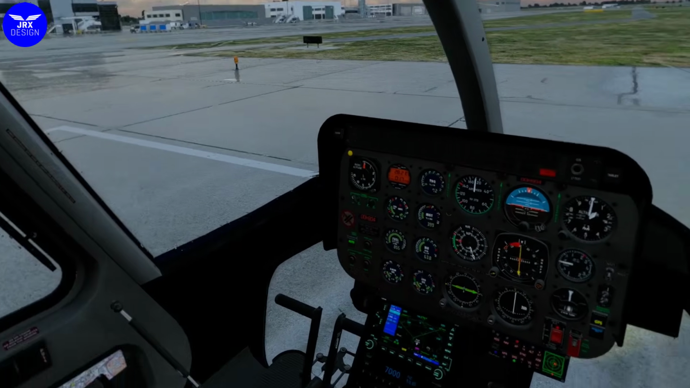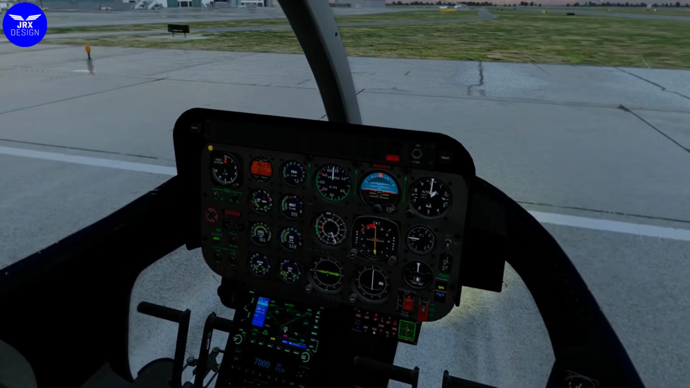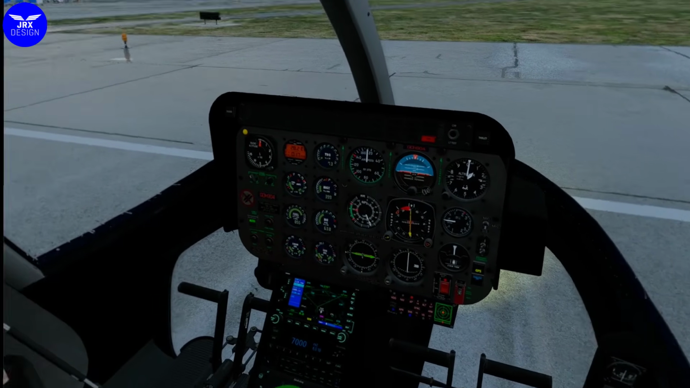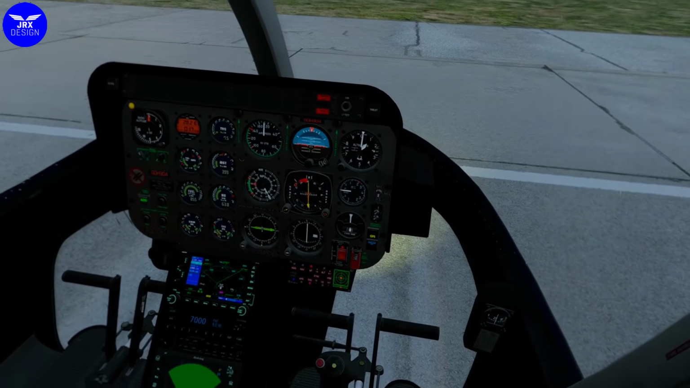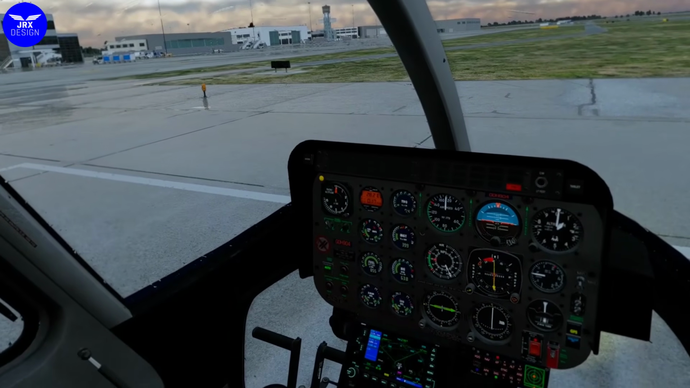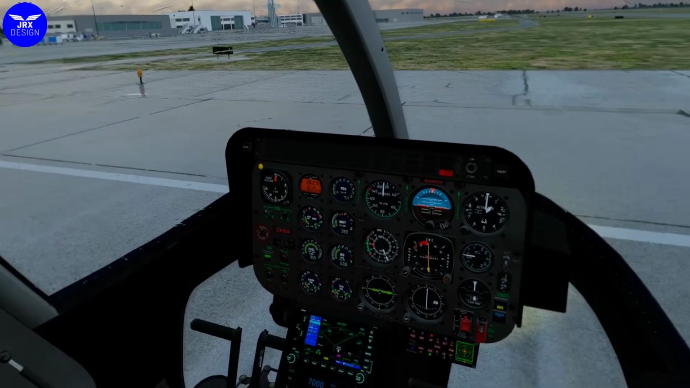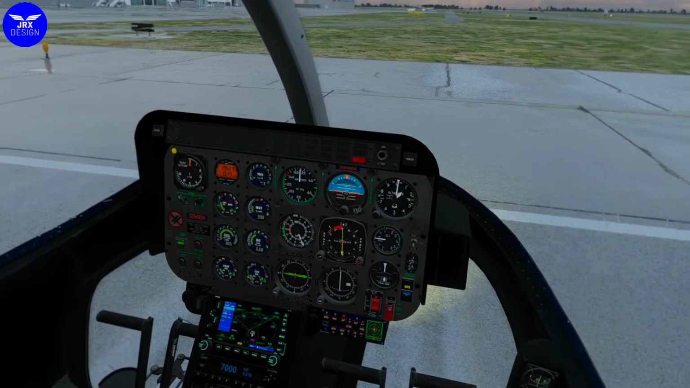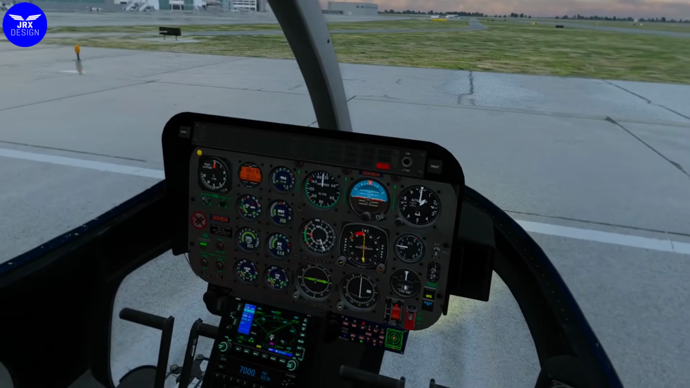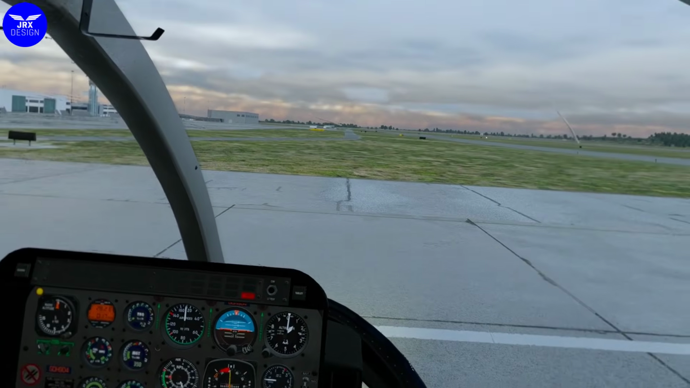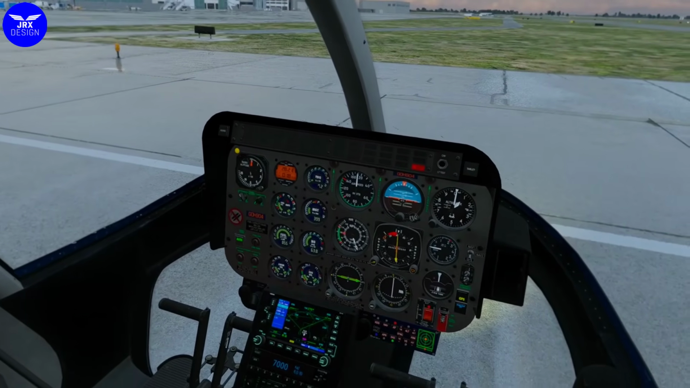If I toggle the VR gamma now, that was not the VR gamma, that was the SAS. There we go. Sorry, I did press the wrong button. Unscripted, unrehearsed. Okay, so that's the VR gamma fix, for want of a better word, on,